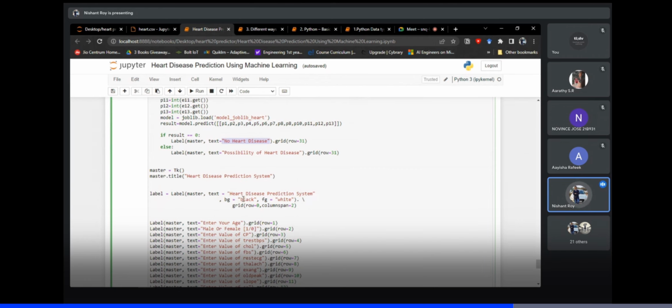And these are some of the functions of that, like it will use this master Tkinter function and give a text to it, and also give a background that is black and a foreground that is the